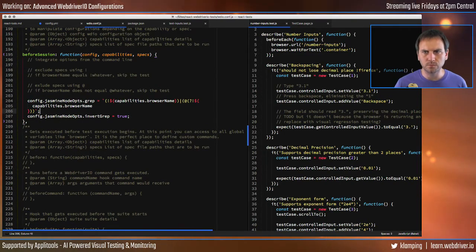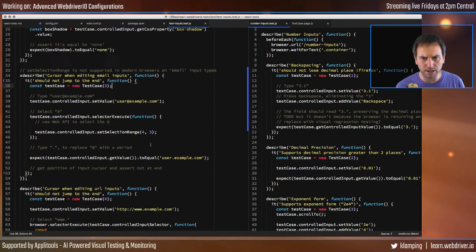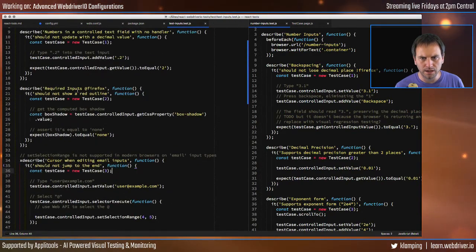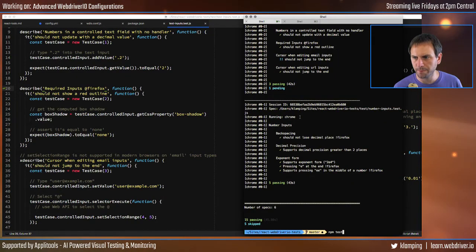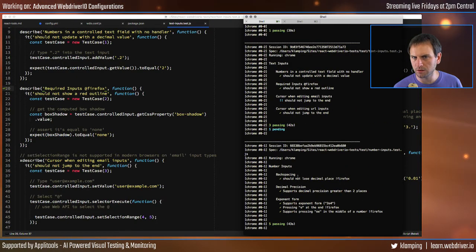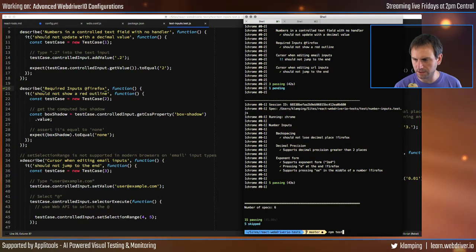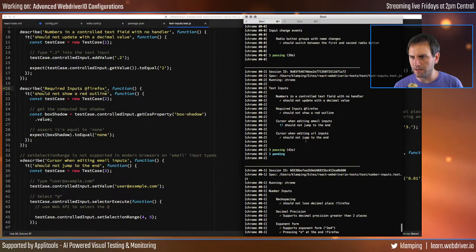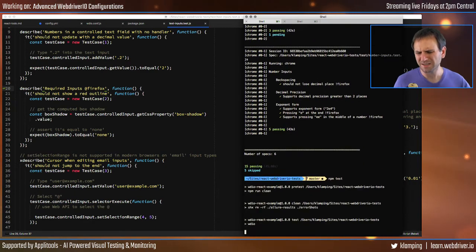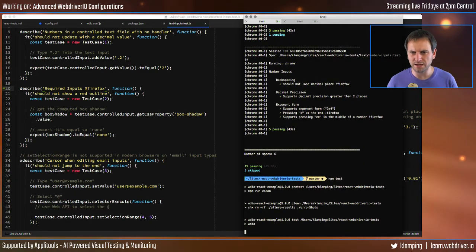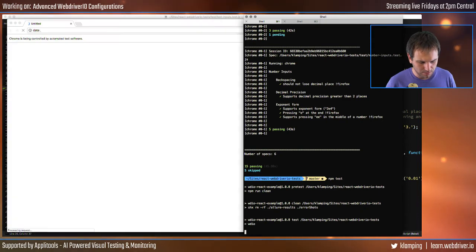To test this out, I have my @Firefox. So in theory, if I run these tests, I should get one more passing. So let's do them all. I should have one more pending from Chrome. So Chrome, this one should be pending, which is kind of odd to call it pending, but